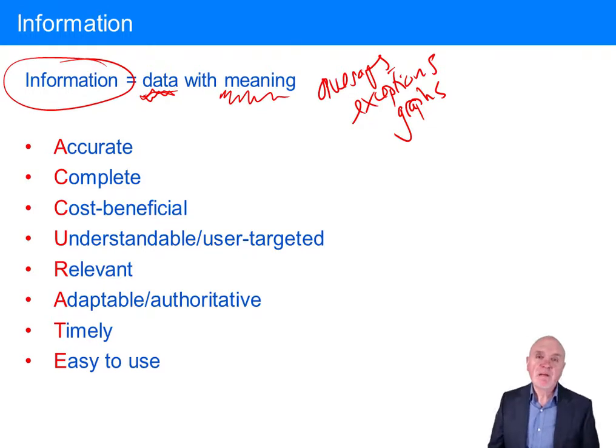Rather similar, it has to be relevant. It has to be relevant to the decisions you're making. It has to be relevant to what you can decide about, and so on. It also has to be relevant to really the objectives of the organization. If the objectives of the organization is to try to maximize profits, then the information should be geared to doing